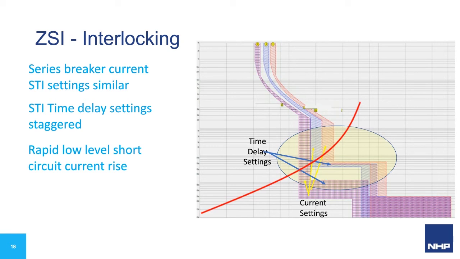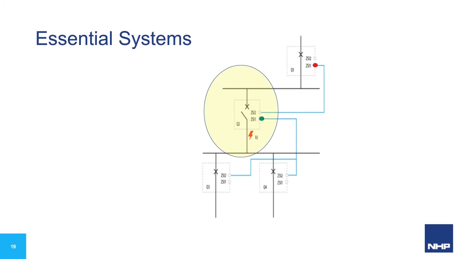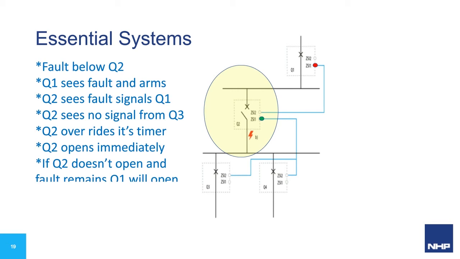For these applications, the use of a ZSI system or Zone Selective Interlocking system may be enough to solve the conflict. The Zone Selective Interlock acknowledges where the fault is downstream of the nearest breaker feeding it. The breakers use a high-speed digital signal to lock out the other breakers upstream and allow the immediate feeder to interrupt. In this sequence, a fault of a theoretical level of XKA above the short-time instantaneous threshold of both breakers